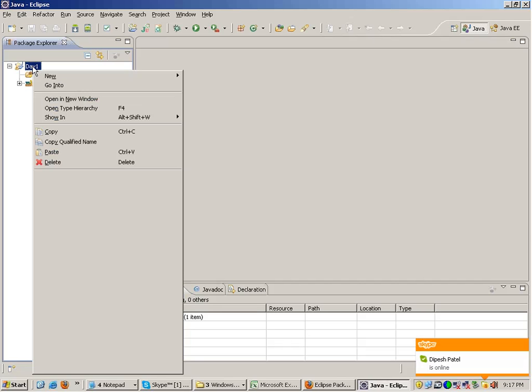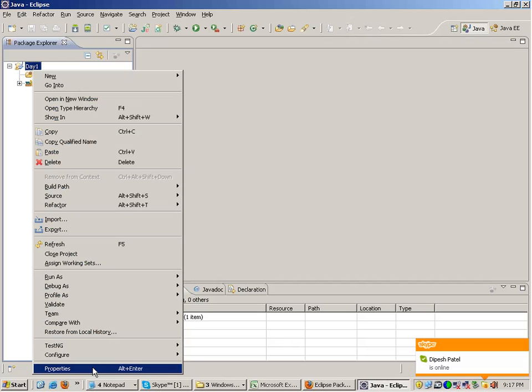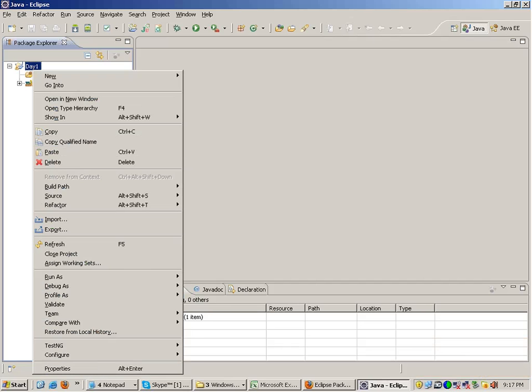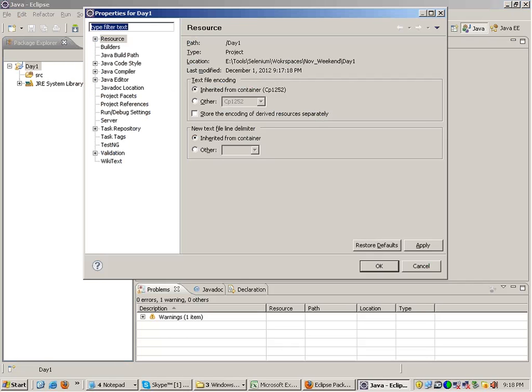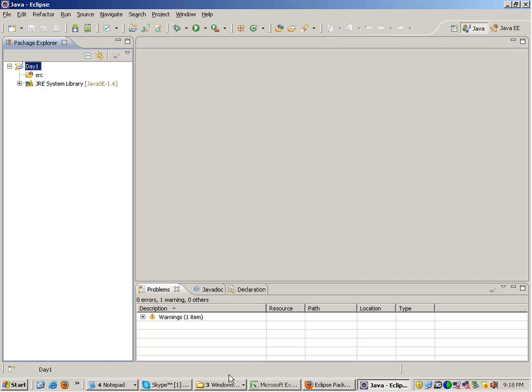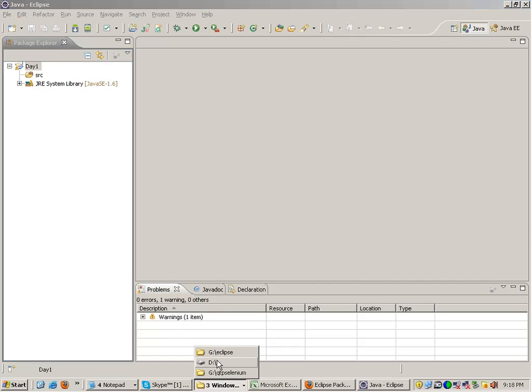If I right click on the day 1 project and go to the properties, you will be requiring this properties section a lot while working with Selenium. So remember that when you right click on day 1 project, you see the properties option, and if you choose it, you will see the path where the project is lying. You copy this path.